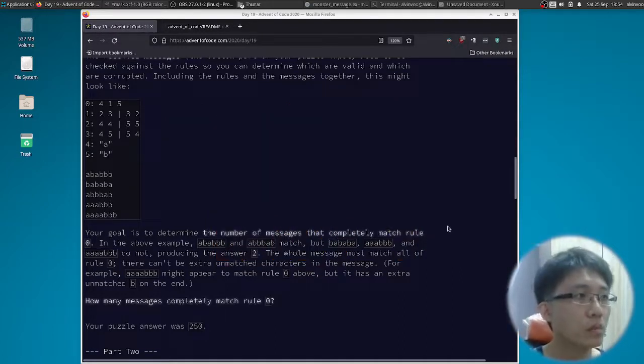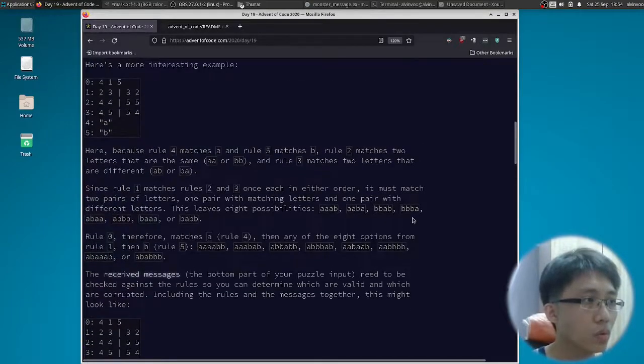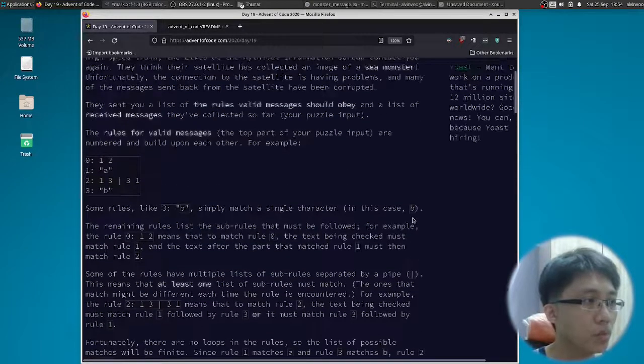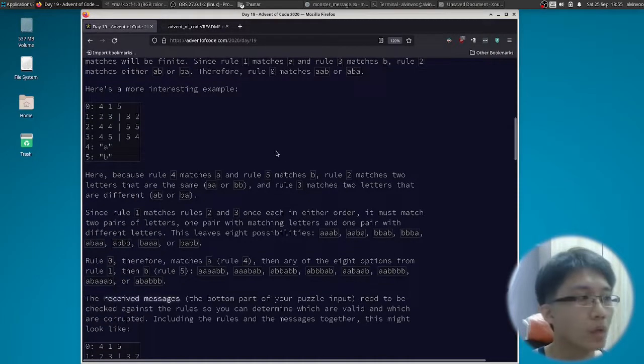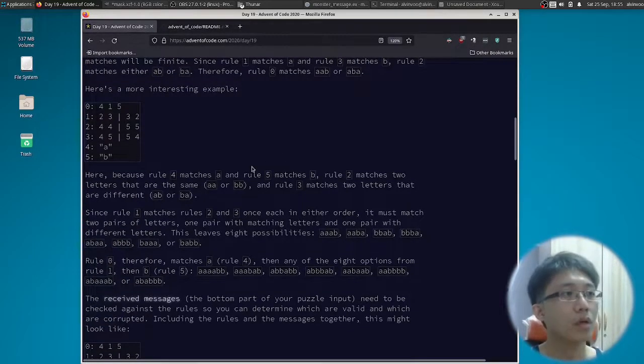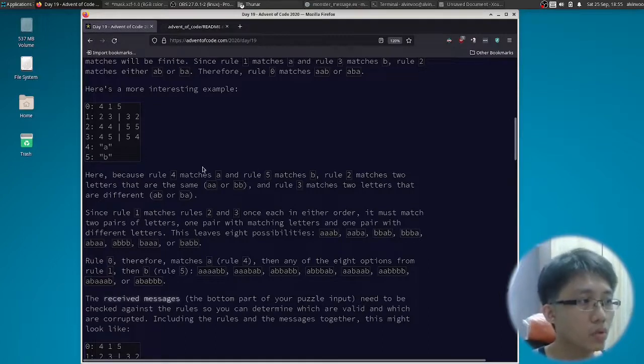First off, let's look at the question. There's a bunch of backstory, but let's look at the example. From the example, we see that this seems to be some sort of a tree, and there's some sort of recursion going on. And then at the end of the recursion, we need to get some permutations of messages. All right, so looking at the tree,